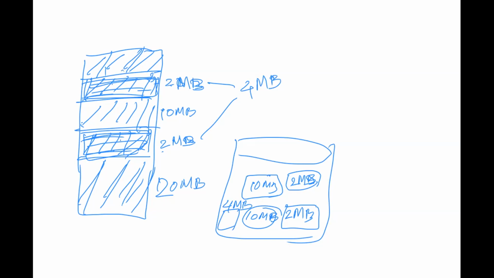No, the answer is no. You cannot do this because this is contiguous allocation. This is variable partitioning, but it is a method for contiguous allocation. If you divide your process into 2 MB and 2 MB, with 2 MB in here and 2 MB in here, it is not a contiguous address. Between these pieces there is another process, so it is not a contiguous location in your physical address or